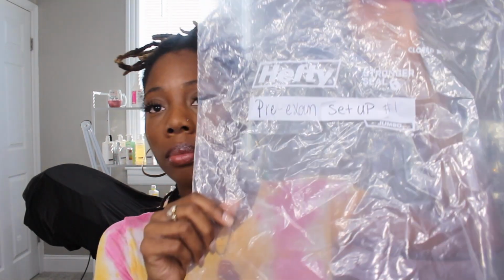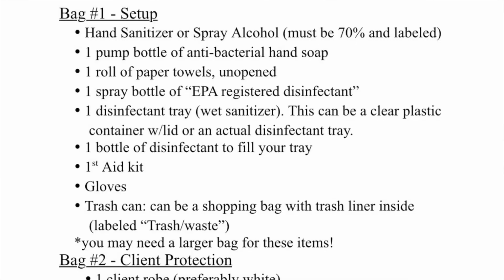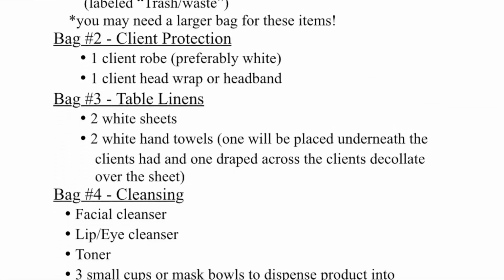So the pre-exam setup is going to be your number one. This is going to have everything that you're going to continuously use throughout the test. For example, your hand sanitizer. You're going to need hand sanitizer in this bag. I got that from the dollar store. You're going to need, it says antibacterial hand soap. Never used it once. You don't have to have that. One roll of paper towels, unopened. I literally bought a whole roll of paper towels and I stuffed it in this bag,